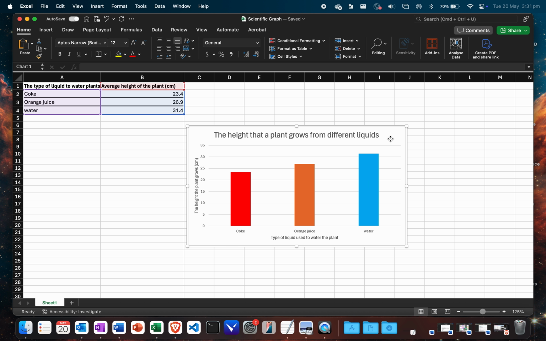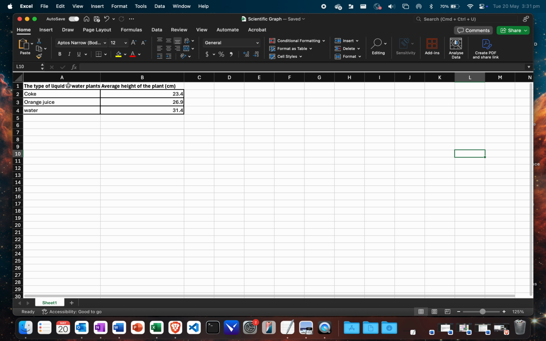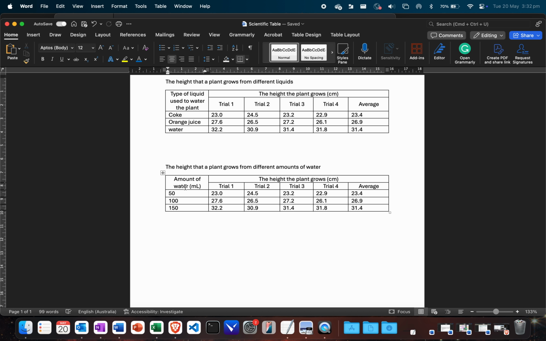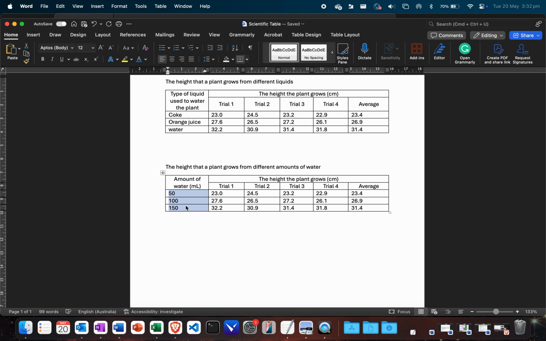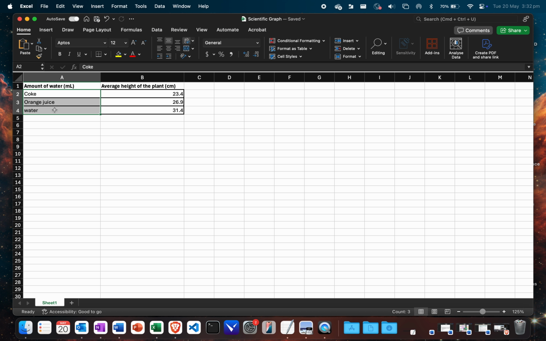Okay, the one difference is essentially what graph you choose. So let's say instead of the type of liquid, now I'm going to say the amount of liquid, and I'm actually going to include the milliliters in there. Okay, so double click this. I'm going to paste in my title there. So this is the amount of water,